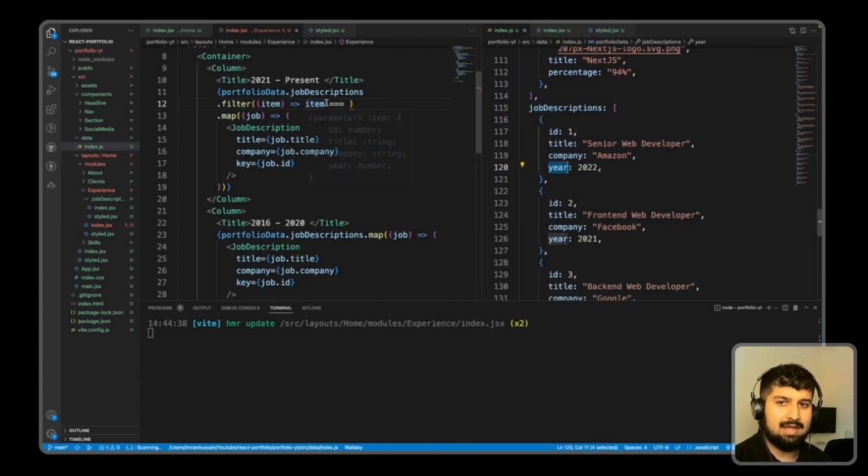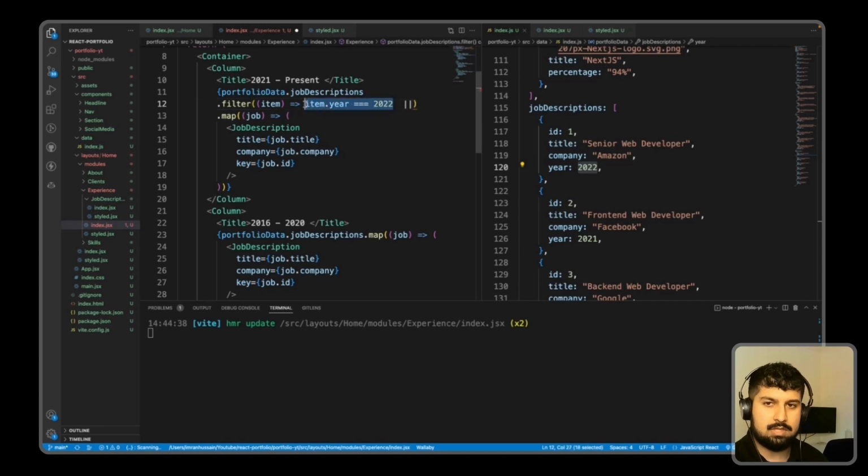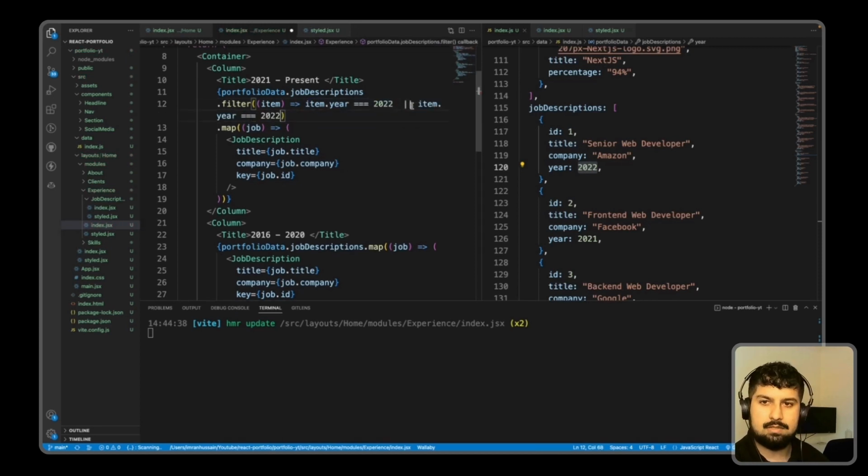So if item.year is triple equal to, and we're going to put in the number, so it's triple equal to 2022, or so we can add in other conditions in here. So or, and then I'm going to add in item.year is equal to 2021 this time. So now if I save